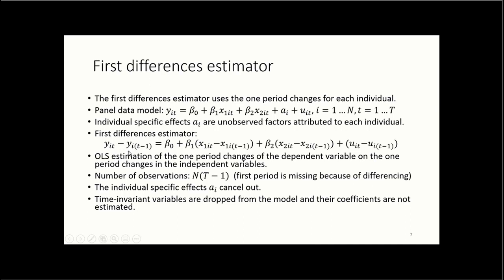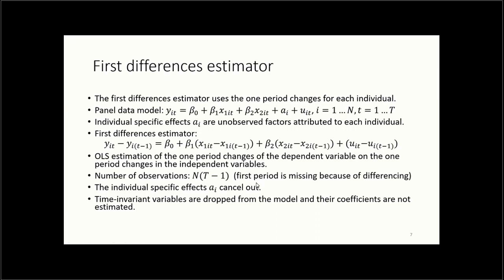And then we would have y_it minus y_i,t-1. So this is effectively the first differences, or change in y, that we have taken over time. And here we would be doing the same for all of the independent variables. So we would be estimating this model using OLS, and we would be using one-period changes of the dependent variable and independent variables. Here the number of observations would be n times T minus 1 because the first period would be missing because